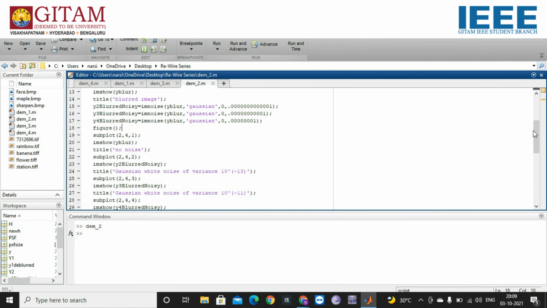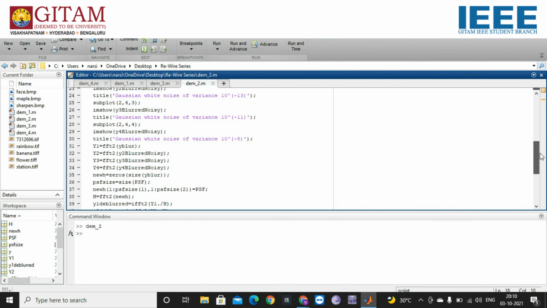After adding noise, we will be performing the discrete time Fourier transform on these images and then dividing it by the discrete time Fourier transform output of the filter which we have taken. And for that output, we will be performing the inverse discrete time Fourier transform to obtain the noise reduced images or deblurred images.